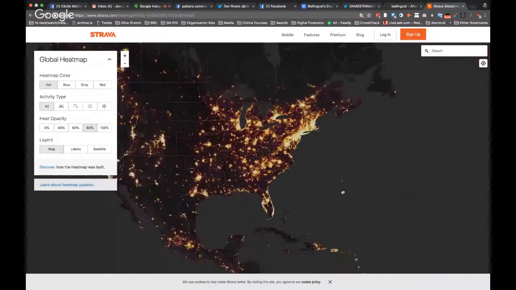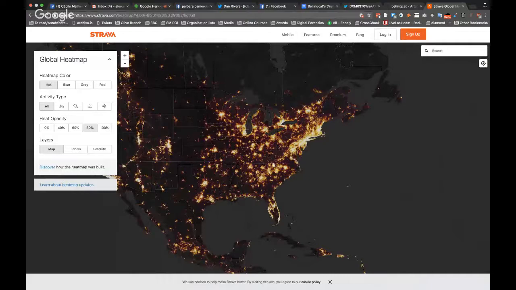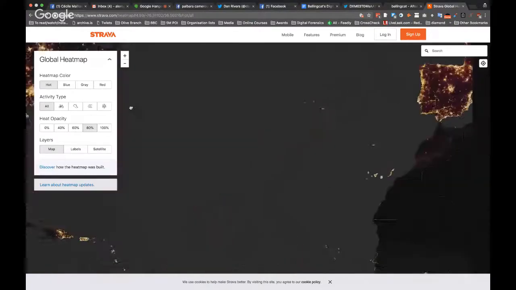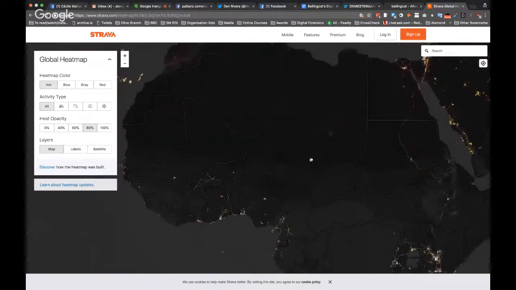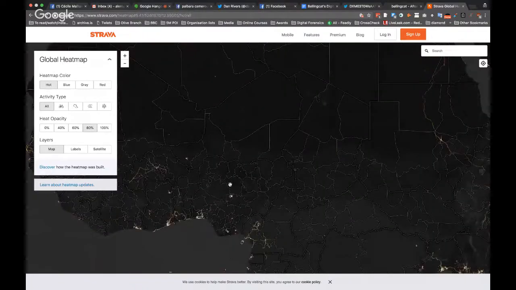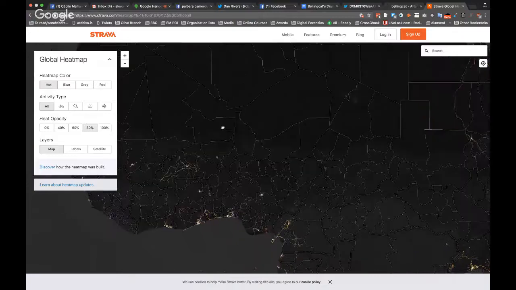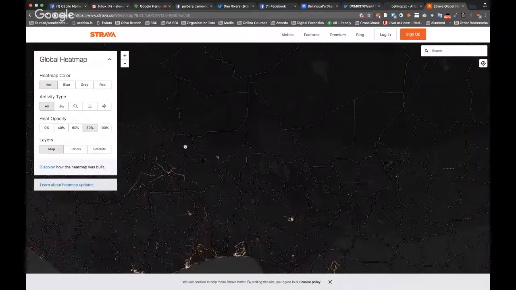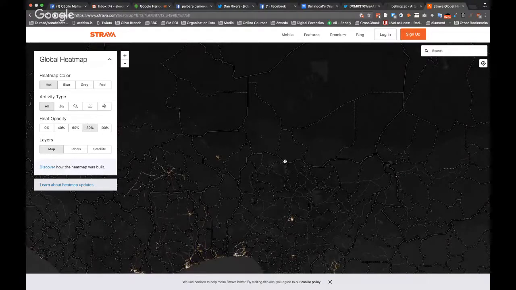And here it's quite an interesting case. For example, in the US, this is all the people running, cycling, etc. In the US, that might not give you anything, for example, New York. But if you go to Africa, it's interesting because obviously only soldiers, military soldiers, or people working on refineries, do sports, do run, etc. So people coming from the west, and so all those spots that you see, those unique spots, are actually either military bases or oil sites or refinery sites, mining sites.